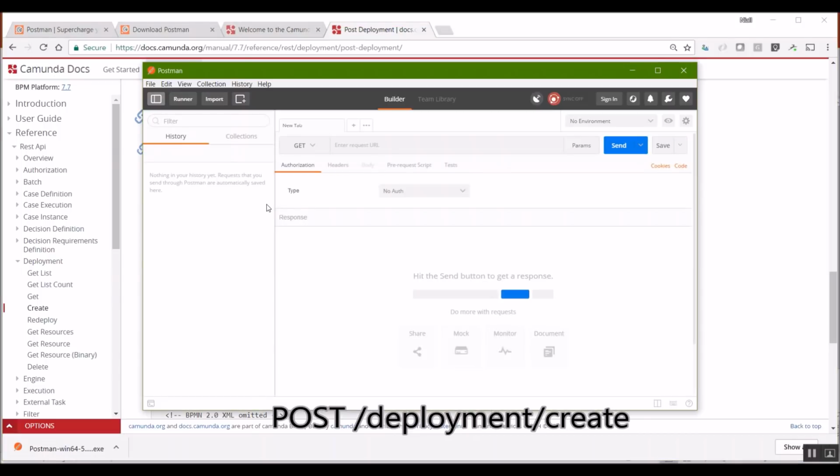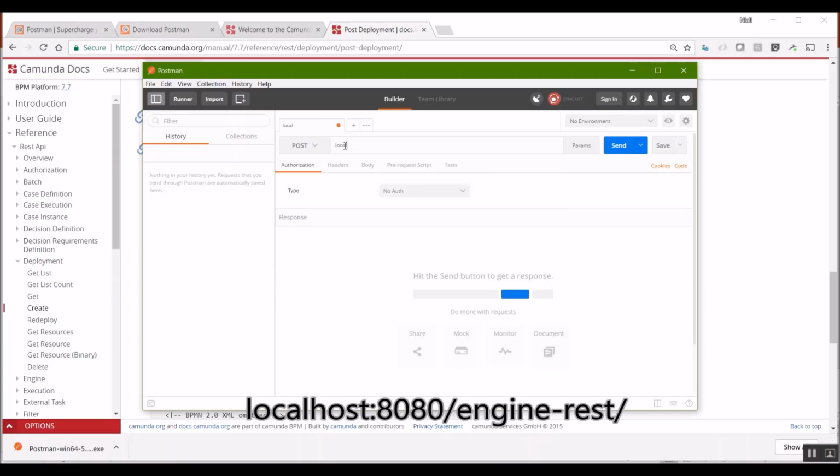In Postman, I'm going to select the type POST. I'm going to need to add in the REST endpoint for the engine. That is localhost 8080, which is the server, /engine-rest.